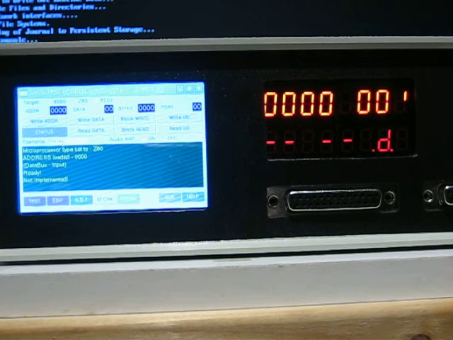File name is currently set to data. You can click that and you can change that. That really tells the tester what to name a data file when it creates one, for example. You can change that name there and it will create a different text file, etc. When you do the ID check, it doesn't actually create a text file. What it does is it creates a bin file instead. So it's exactly the same as the block read, but all the data is then stored in a binary file, i.e. .bin, with that name there. So that could be data.bin, for example, at the moment, and that bin file